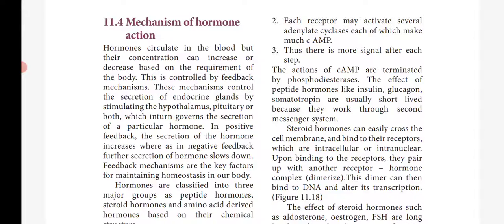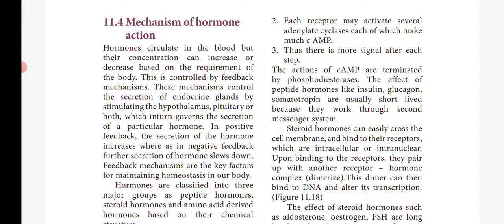So, the hypothalamus secretes the releasing factor and it in turn stimulates the pituitary gland, and the pituitary gland secretes some hormones which stimulate the endocrine glands to produce the hormones. There are two types of feedback, positive feedback and negative feedback. In positive feedback, the secretion of the hormone is increased, whereas in negative feedback, the secretion of the hormone is decreased or slows down. So, feedback mechanisms are the key factors for maintaining